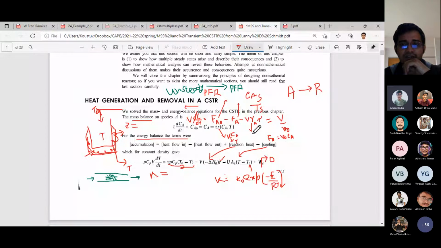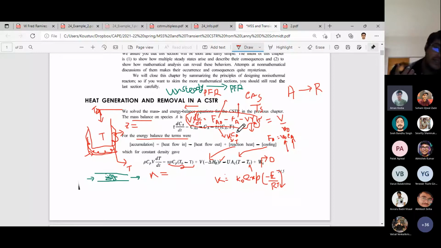So these are the first equations that we write for the mass balance, and then after that we solve or substitute. Because Fa, the molar flow rate, is nothing but the volumetric flow rate multiplied by the concentration. Fa stands for the outlet concentration of the reactor, because it is a completely stirred tank. So the concentration at the exit and inside the reactor are the same. So if you substitute Fa and Fa naught accordingly, you will get these expressions.